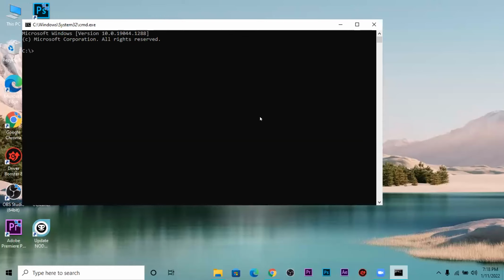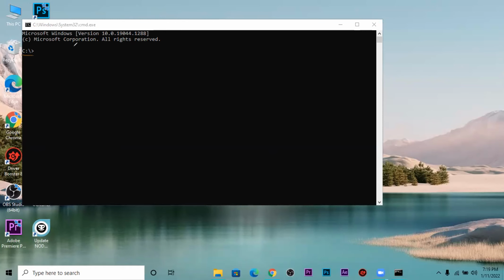In front of that, you can see C colon, backward slash, and the greater than mark. That is called the location. That is actually the location.